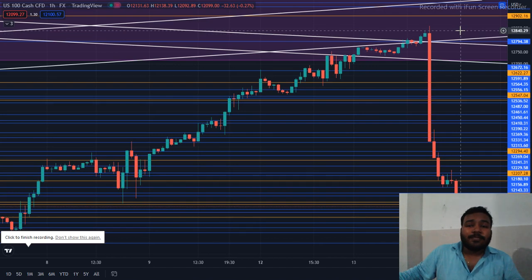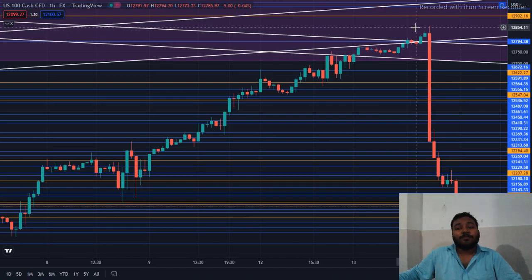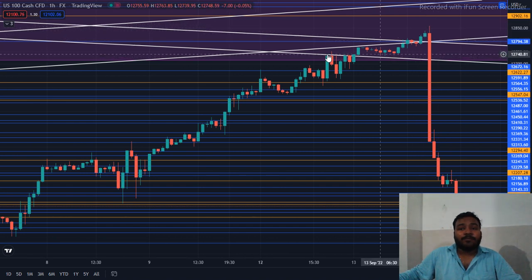The levels that we discussed today. Okay, so NAS 100, the crash. If you were tracking the news at sharp 6 o'clock, the market gave a rejection, and I was prepared for this because this was a historical line. I was talking to you that we can get a sharp rejection from here, and from there only our